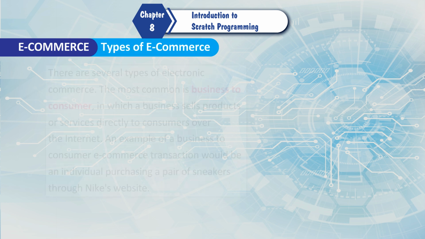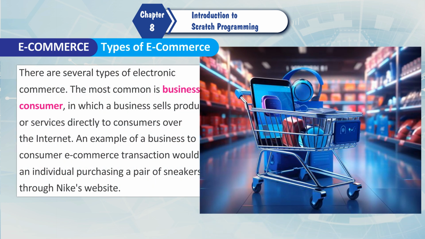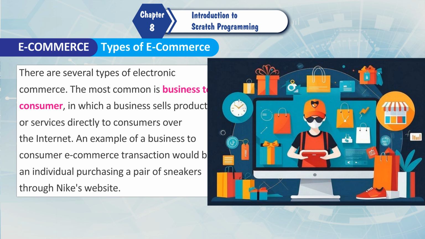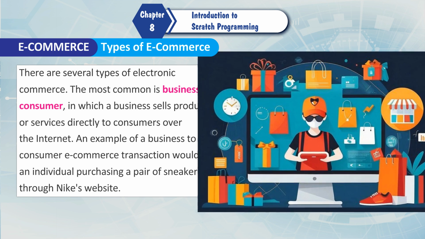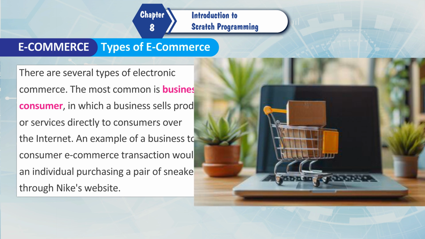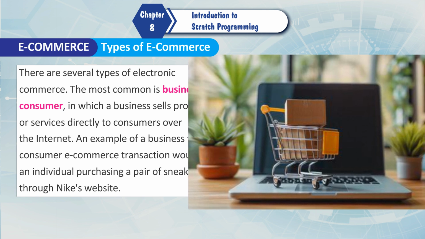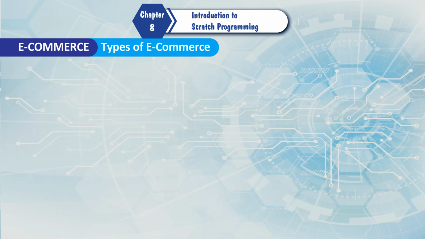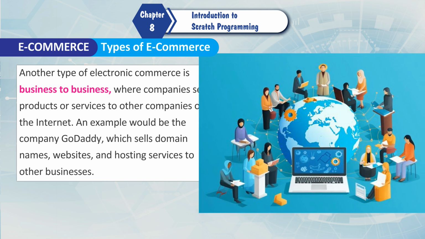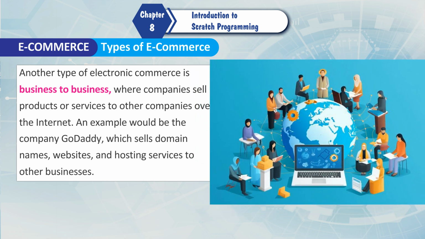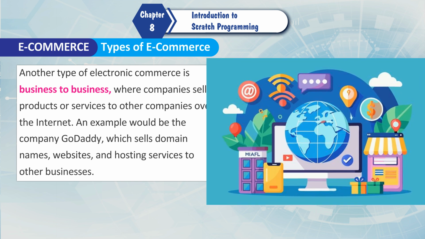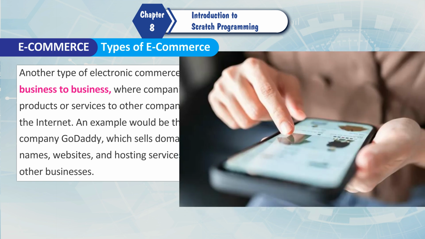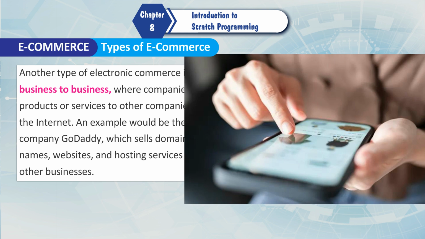Types of e-commerce. There are several types of electronic commerce. The most common is business to consumer, in which a business sells products or services directly to consumers over the internet. An example of a business to consumer e-commerce transaction would be an individual purchasing a pair of sneakers through Nike's website. Another type of electronic commerce is business to business, where companies sell products or services to other companies over the internet. An example would be the company GoDaddy, which sells domain names, websites, and hosting services to other